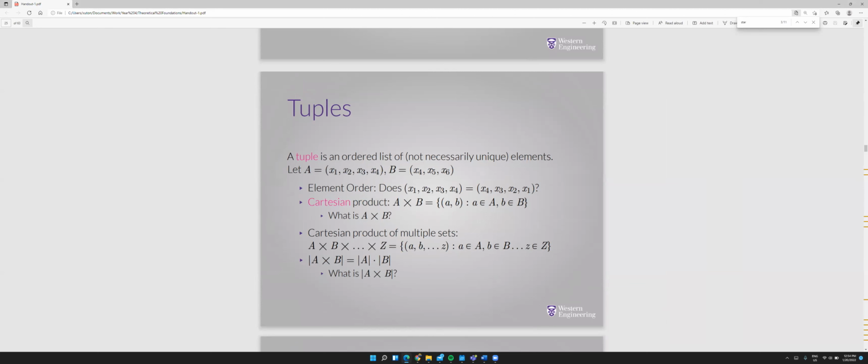So the cardinality will be 4. In B, there are 3 elements, so the cardinality will be 3. Therefore, it's 4 times 3, so the answer will be 12, since 4 times 3 is 12. For the second question,